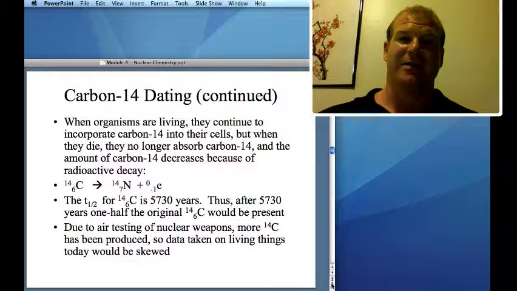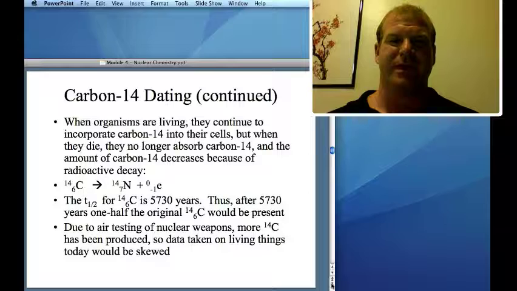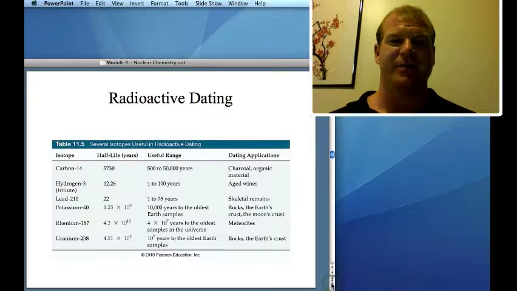There's a problem with that now. If someone tried to radiocarbon date us, it'd be a little different, because we've blown up 500 nuclear bombs in the atmosphere, over 2,000 if you include underground. But because of those about 500 nuclear airborne tests, there's a little bit more radioactivity around than there has been in the past, so it wouldn't work for us. So this is what you can use carbon-14 for, dating of organic things that were living. Organic also means carbon-containing, so anything that's carbon-containing